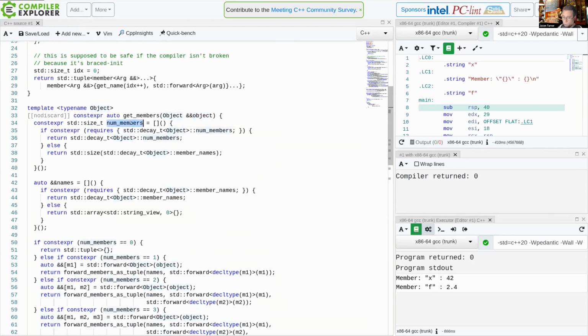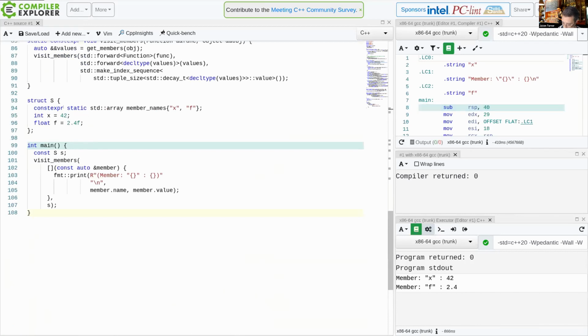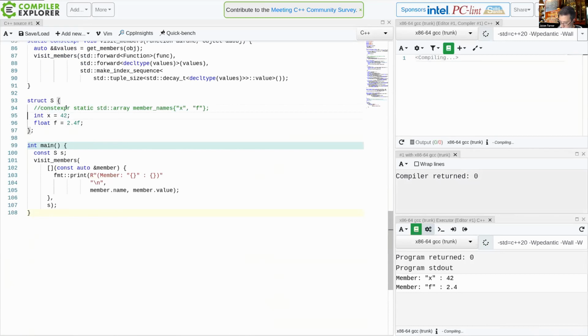All right, so I want to say, how do I get the number of members? And I've got 2 different options here. One is if I actually just provide a num members. So I want to just take a quick diversion here. If I comment this out and I take this,